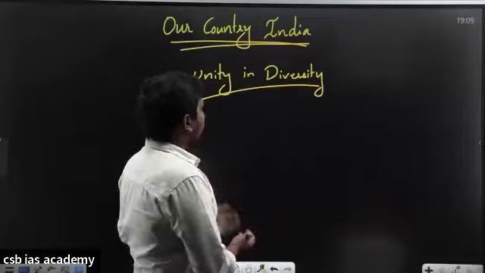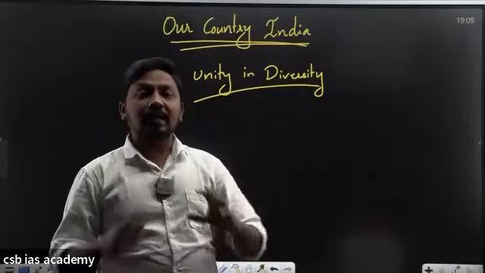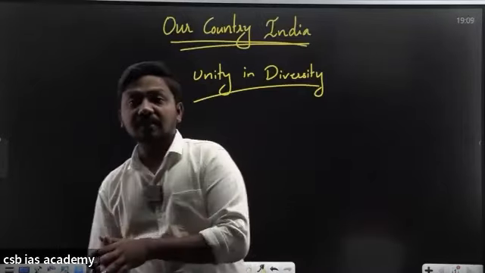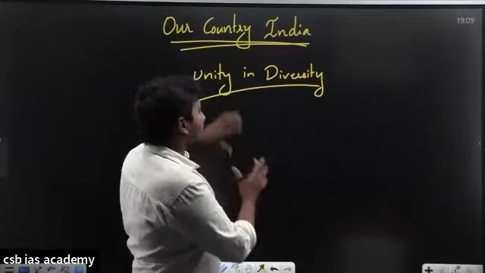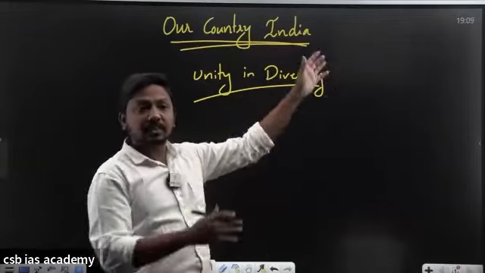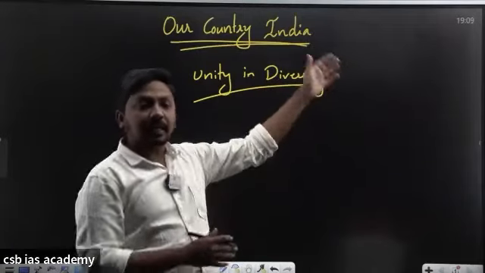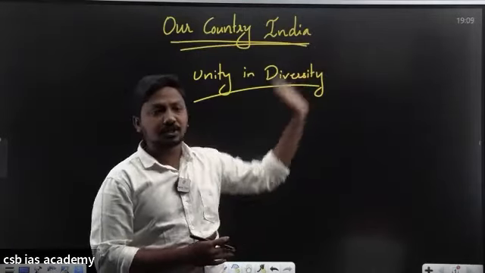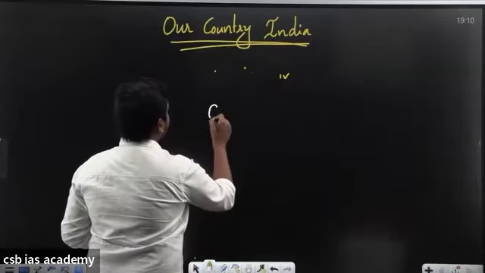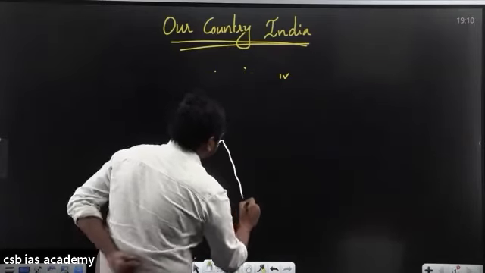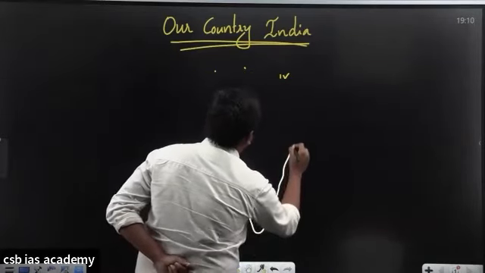So now, in the same way, before we discuss the cultural diversity or language diversity or any other diverse features, let us discuss something about India which is very basic and related to the geography and at the same time political administration, right? Now, look at the board. Can you identify what I am drawing on the board?